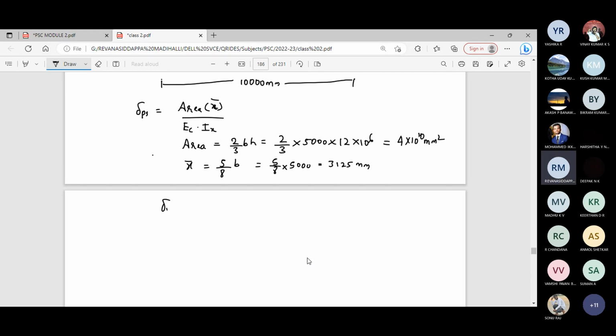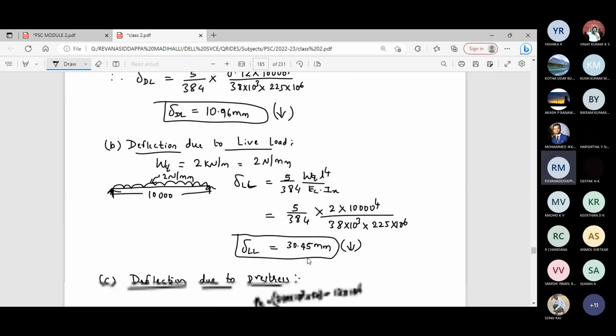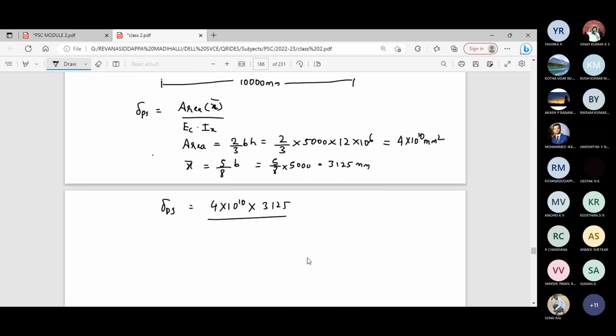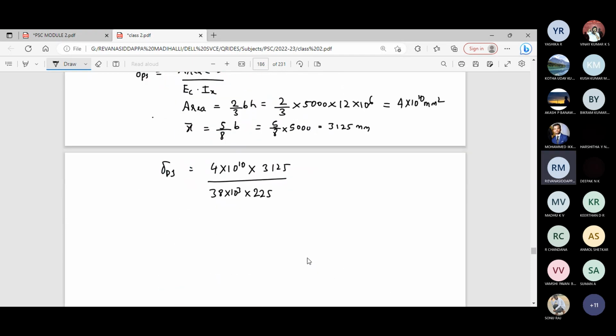So delta PS is equal to, substitute now, 4 into 10 power 10, area, into x bar, 3125, divided by EC into IX. EC is how much? It is 38 into 10 power 3, into 225 into 10 power 6. So if you calculate the answer, it will be,